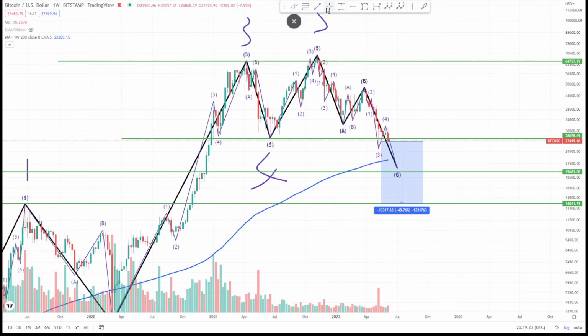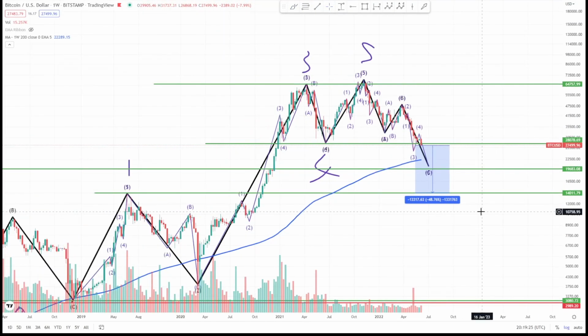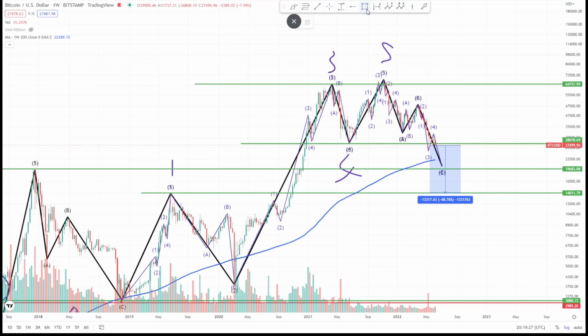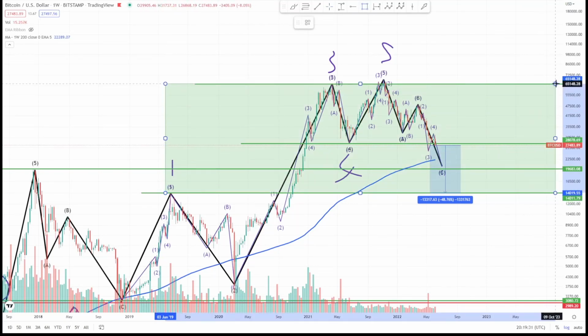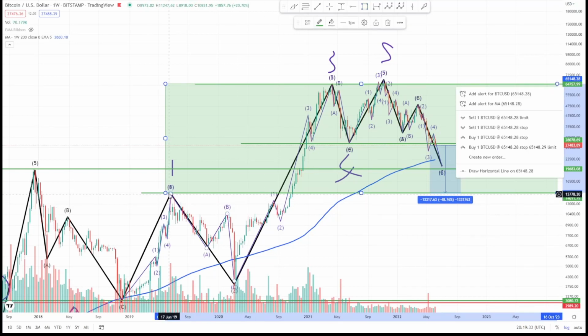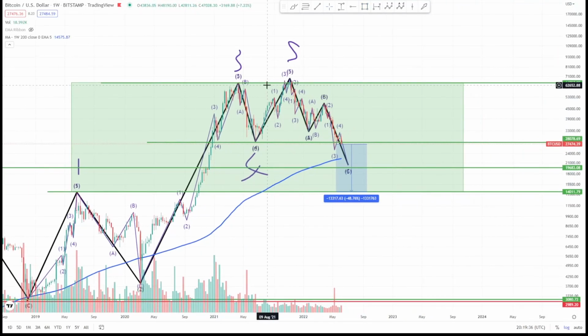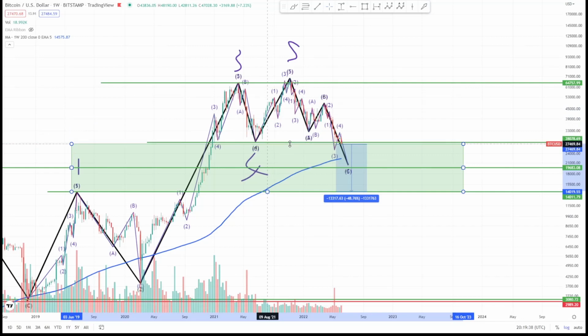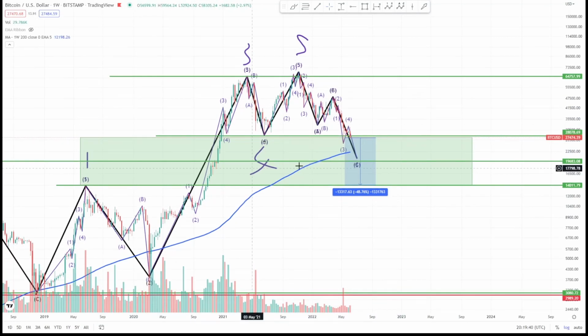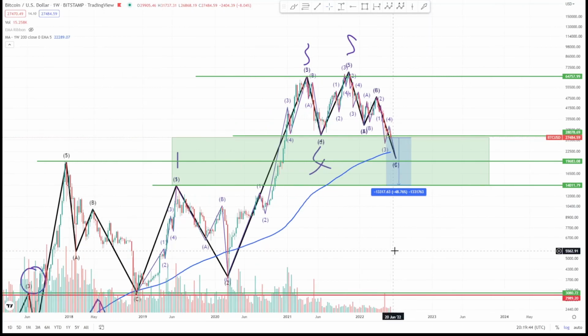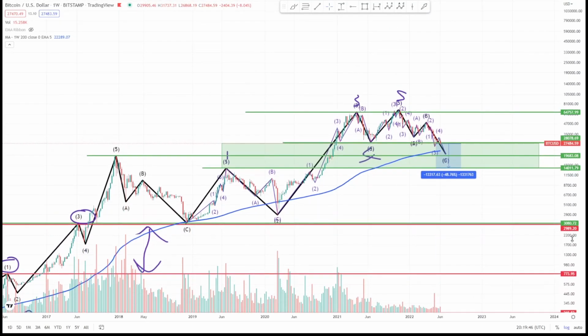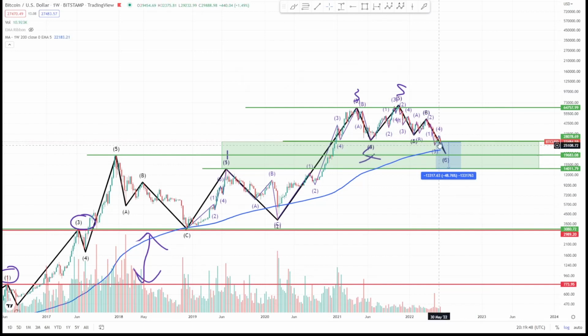And once again, this is not even really what Elliott wave theory is predicting. Elliott wave theory, once again, predicts that if you are going to have your correctory bottom, it should be between the 1 wave and the 3 wave, which is between these ranges over here. Obviously, because we've come down to this phase, this is where we should expect the bottom on the Elliott wave theory. Once again, I just wanted to give you an update on the Elliott wave theory. I personally do not think we're going to be coming down to these levels, but